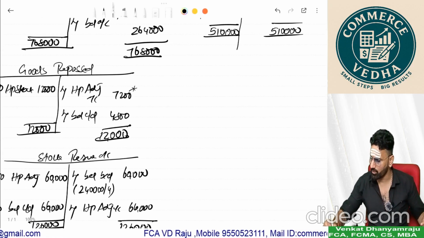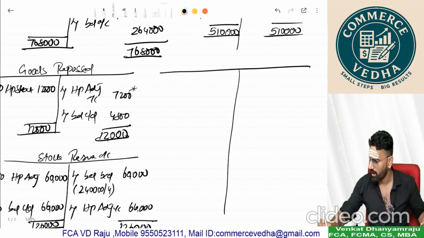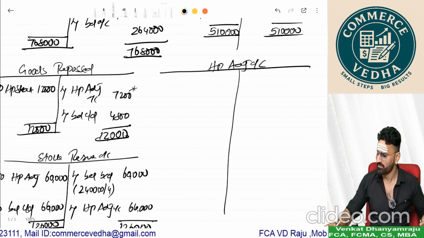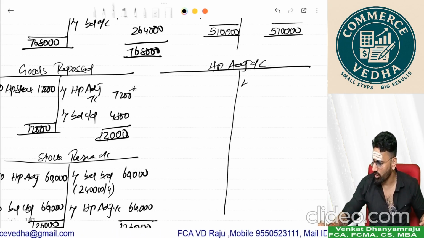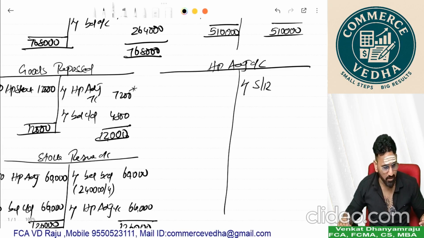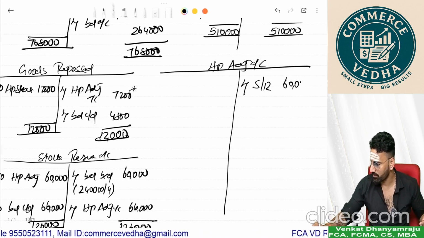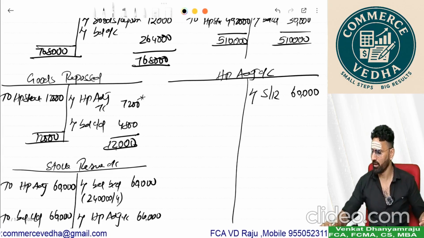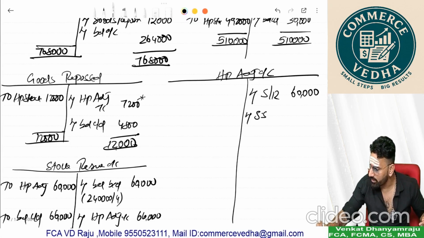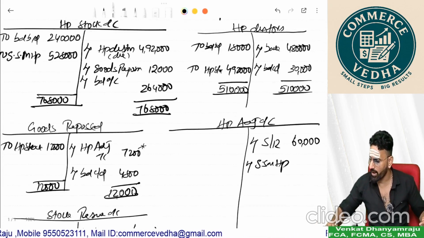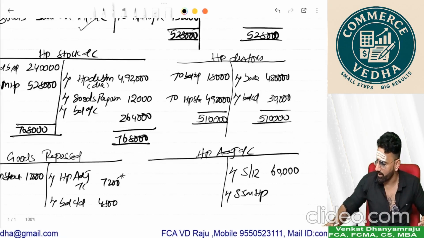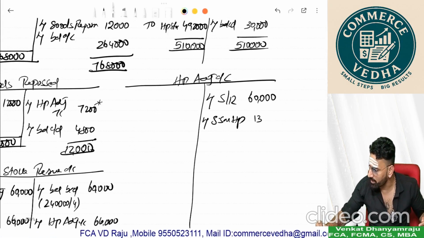Now you should do the final account, which is the hire purchase adjustment account. In this account, by stock reserve, from here it comes. To hire purchase adjustment, by stock reserve. And one on one, we should record everything. By goods sent on hire purchase, if you go back and see goods sent to hire purchase, there is a credit to hire purchase adjustment. Here, by goods sent on hire purchase,